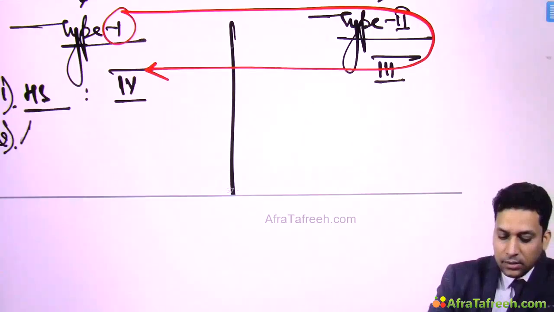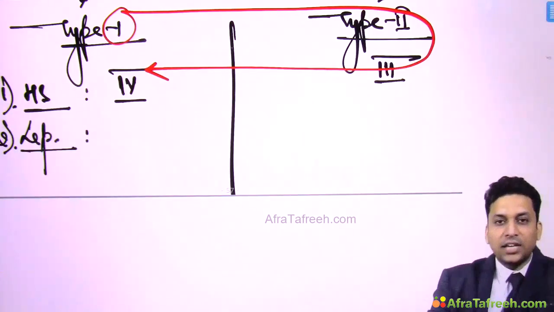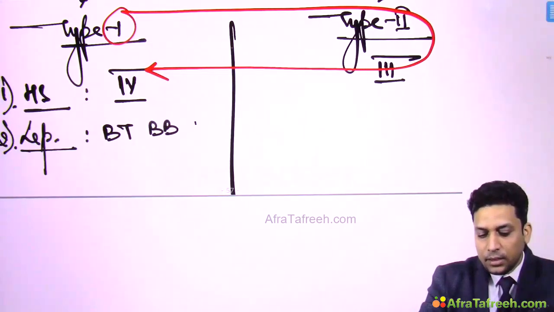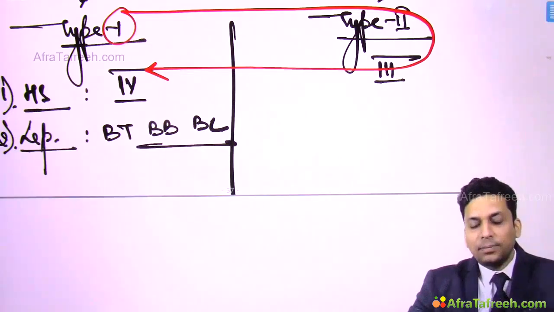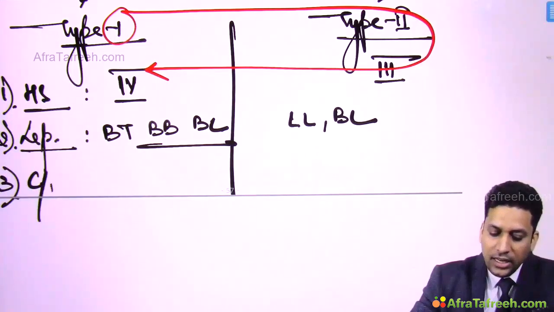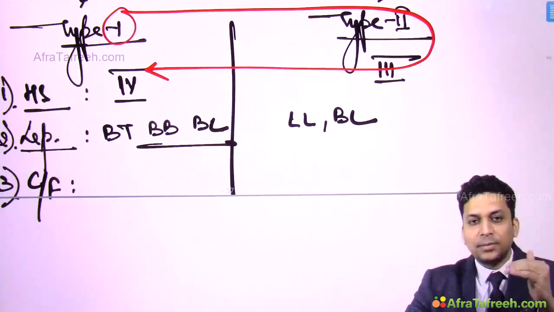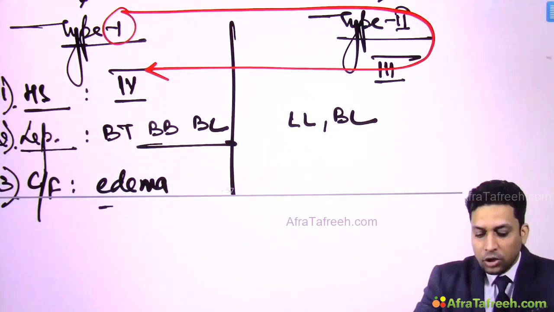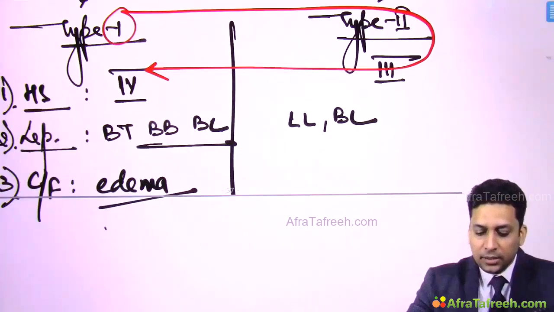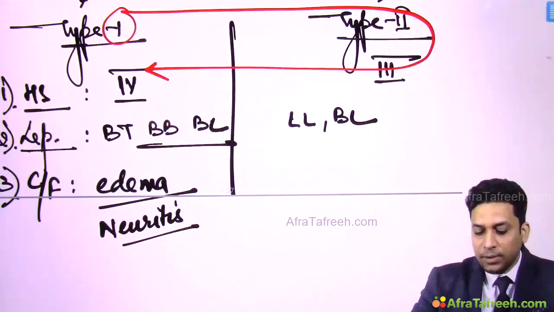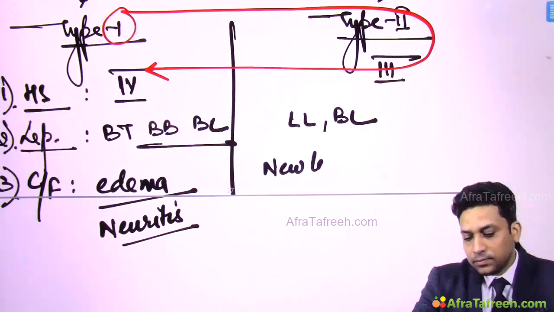Second is, this is seen in which type of leprosy? So type 1 is generally seen in borderline group, that is BT, BB and BL. While type 2 lepra reaction is generally seen in lepromatous group, that is LL and BL. Then clinically, here there is exacerbation of pre-existing disease, that is the previous lesions have a lot of edema, so they become edematous. Patient might develop neuritis. While in type 2 lepra reaction, patient starts developing new lesions.